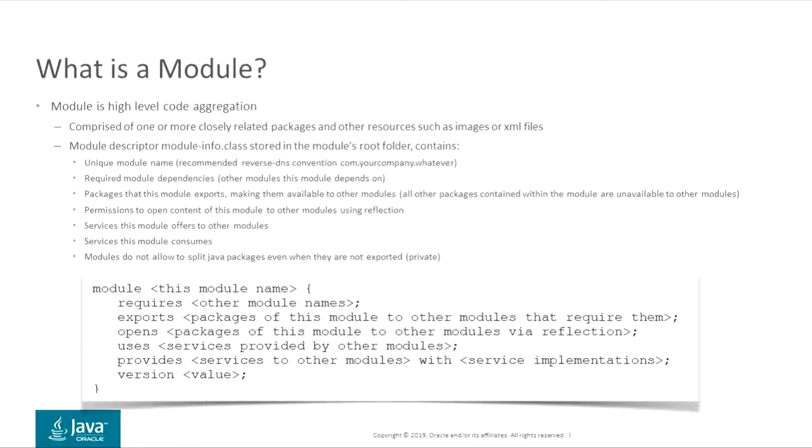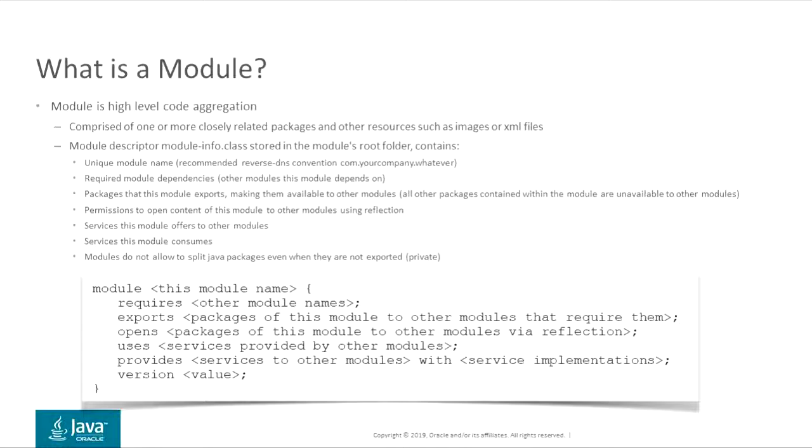Now, the module info class can then describe what other modules this module depends on. So what do you also need to bring into the deployment? The relationships between modules, what content does this module export to others, and you can be very restrictive there. You could basically say only certain bits of the module are to be visible outside of it. So permissions to open that content, essentially. You could give permissions to use